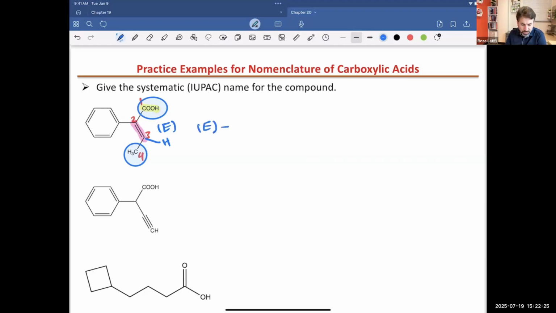Next, I have 4 carbons. And on the 2nd carbon, I have phenyl and also a double bond. So I say on the 2nd carbon, I have phenyl. Next,